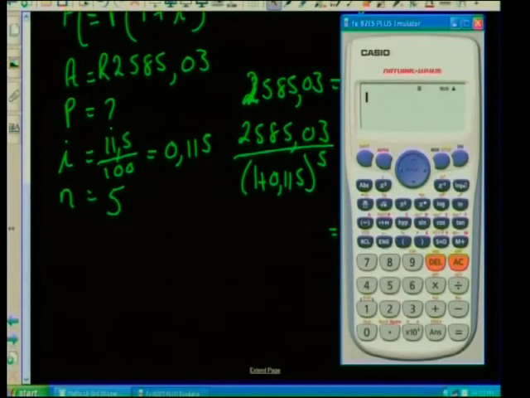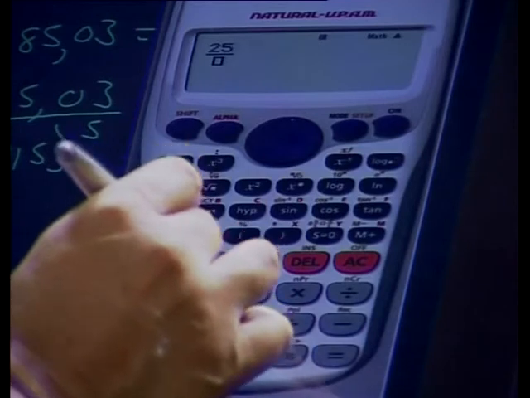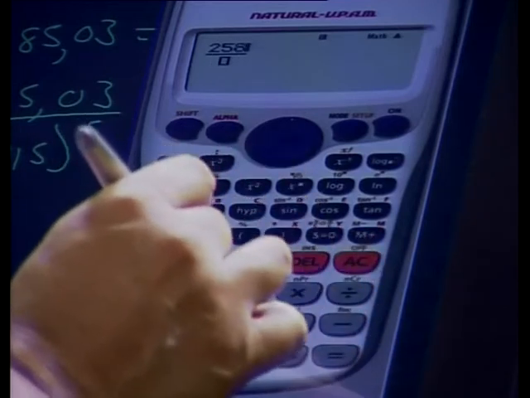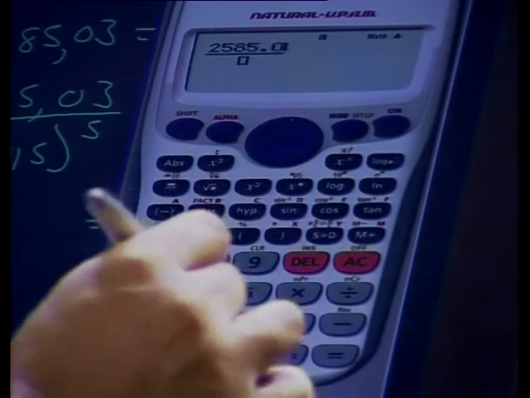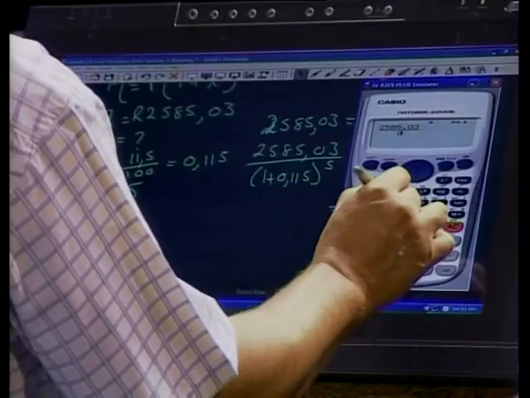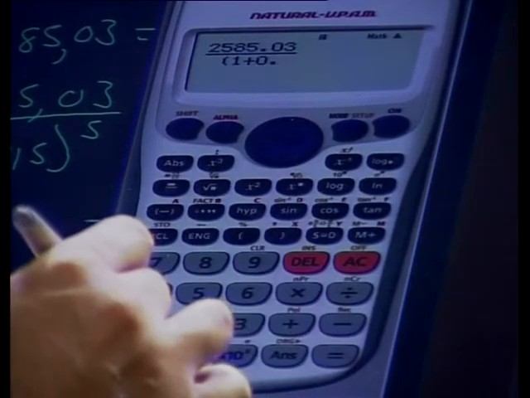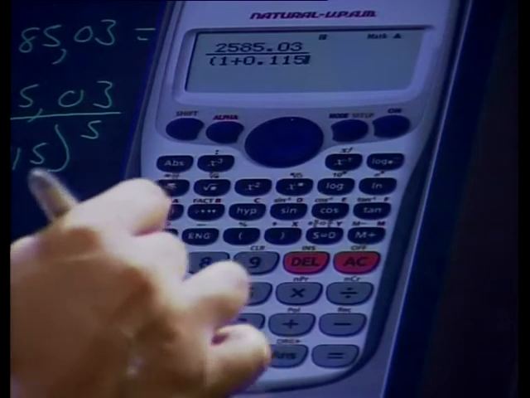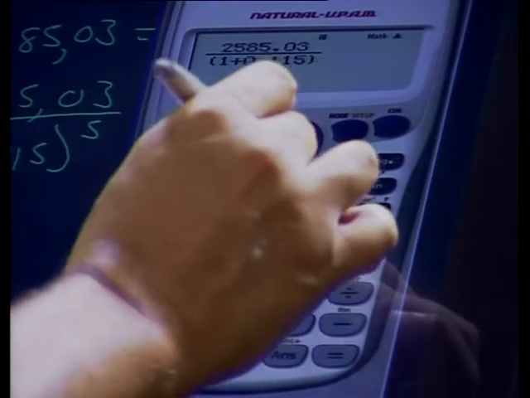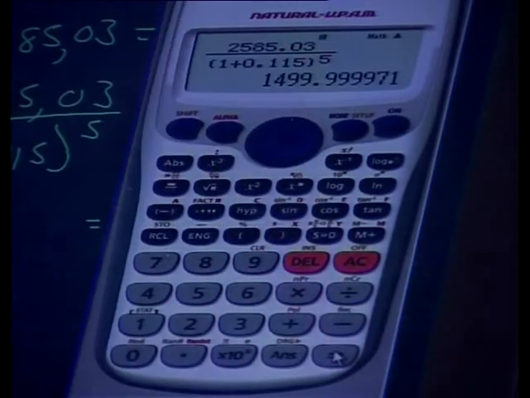And we are going to do this in one shot. That's the beauty about this calculator. So 2,585,03 all over bracket 1 plus 0,115 close brackets all to the power of 5 equals, and there's our answer,